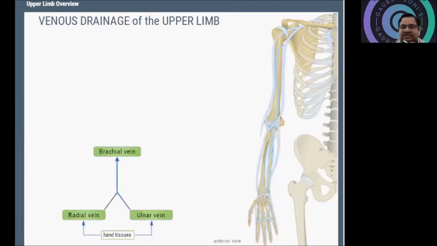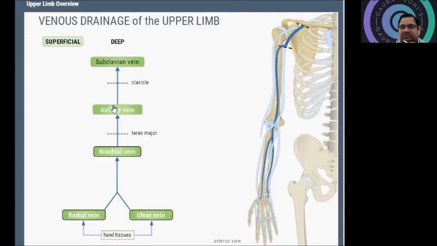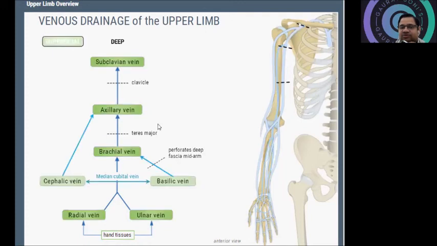Then comes the venous drainage. Venous drainage will be opposite. You can see there are two systems, superficial and deep. For the deep one, hand tissues drain to the radial vein and ulnar vein, then to the brachial vein, axillary vein, and ultimately drain into the subclavian vein. Now, if we talk about the superficial one,